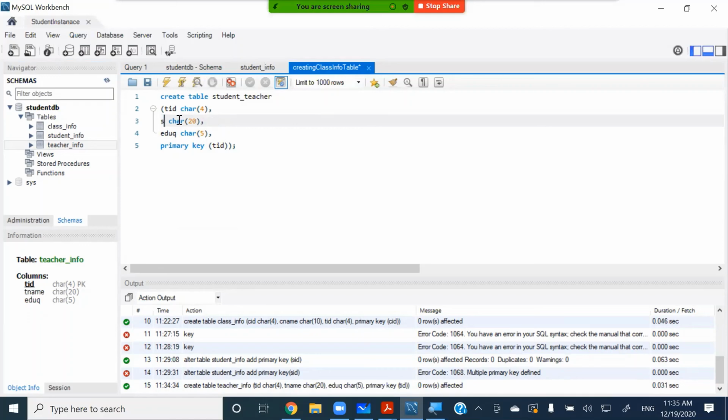So I'm going to make this as SID and char 4. And the other one is hours, and that I'm going to keep as an int. And here I'm saying primary key, I'm going to say TID comma SID,